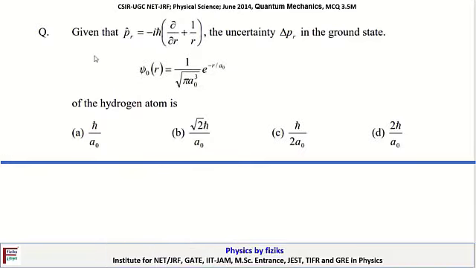Given that P_r equals minus iħ (∂/∂r plus 1/r), the uncertainty ΔP_r in the ground state of the hydrogen atom, wave function ψ₀(r) equals 1 by root πa₀³ e to the power minus r by a₀, is? So we have to determine the uncertainty for this problem. Solution: